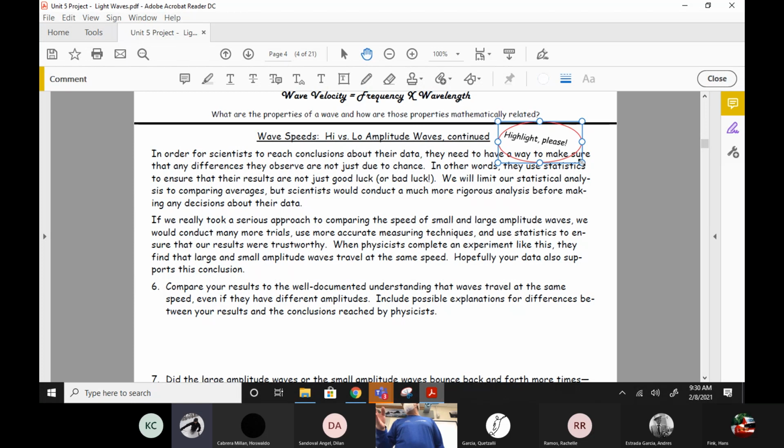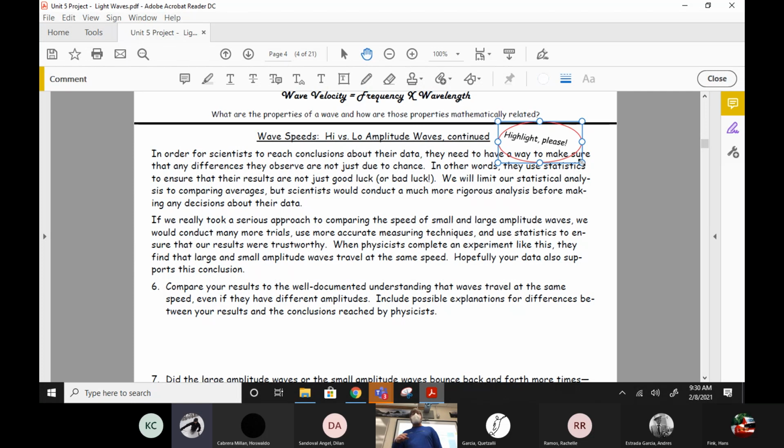Now, there's always a chance that it could have just been luck, so they would never say it was a real difference. They would just say it was a significant difference, and there was a less than 0.5% chance that it was just due to luck. So they would do this thorough analysis. And if we used more accurate measurement techniques, like a detector that would actually time for us, instead of relying on saying 3, 2, 1, go now, and using our fingers and the little delay that happens in our brain, if we had a more accurate way to measure this, physicists have found over and over again